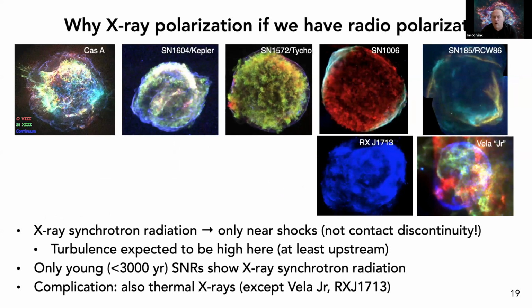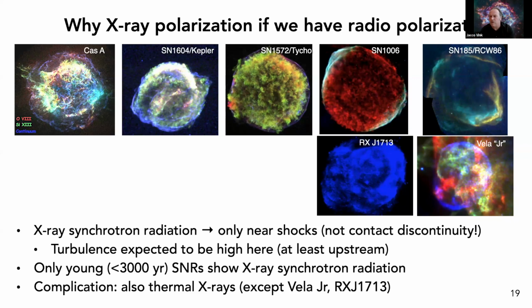But so why are we also interested in X-ray polarization, whereas we already have radio polarization? Well, first of all, radio polarization tends to be focusing on or seeing the whole supernova remnant, and mostly the bright parts where you go through the shell. So in the shell you have many different cells, that tend to depolarize because maybe the orientation is everywhere a little bit different. Also, if you go in the shell, that's part close to the contact discontinuity where these Rayleigh-Taylor fingers may play a role in reorienting the magnetic fields. If you go to X-rays, we are really focusing on this very thin region very close to the shock front.